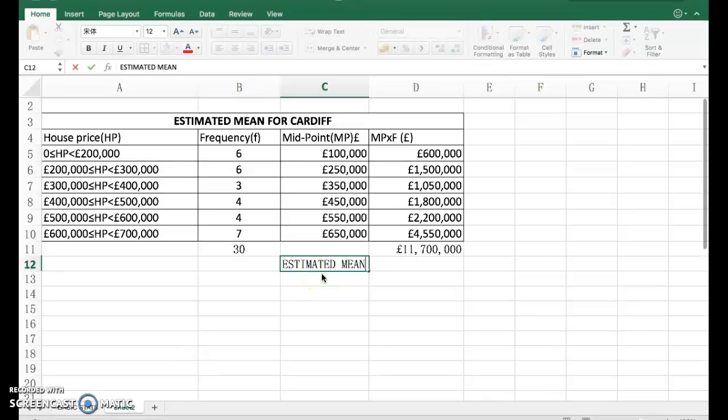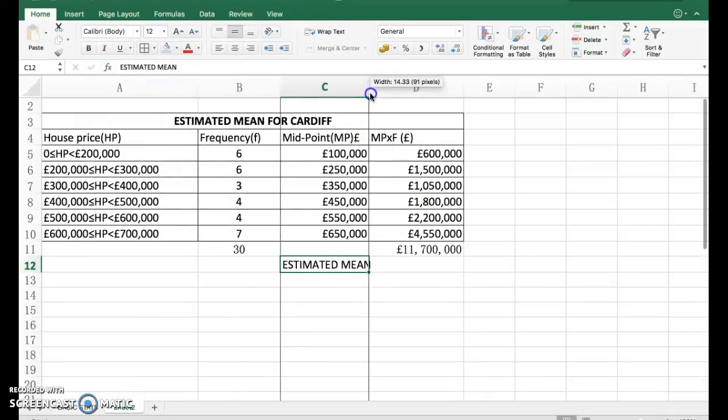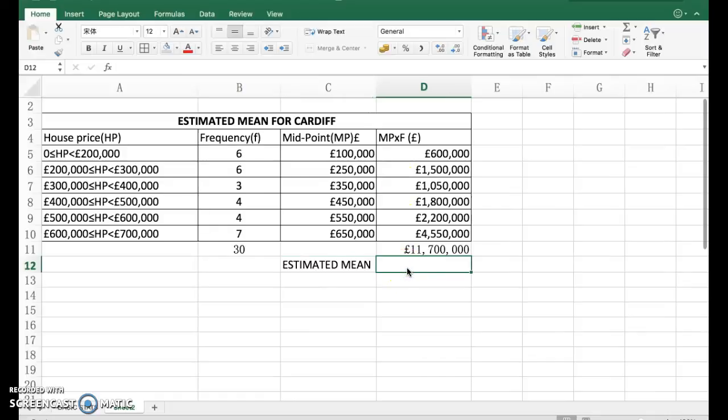So for the estimated mean, I'm going to say equals that divided by our total. There you go. So our estimated mean house price for all this data is £390,000,